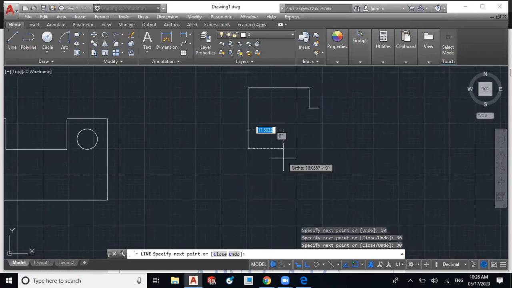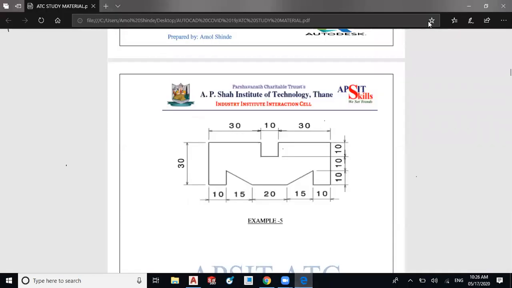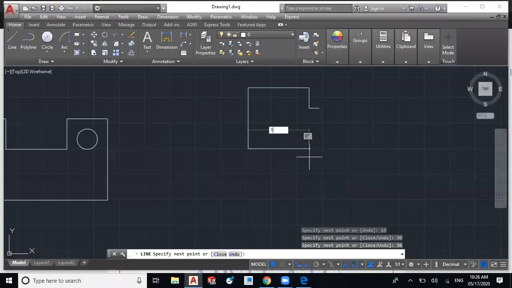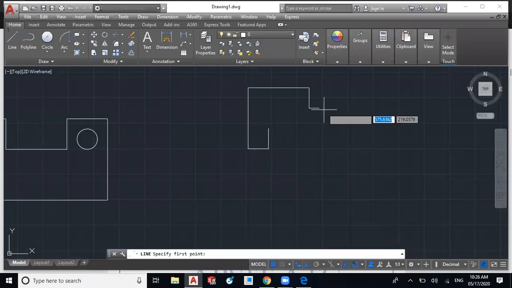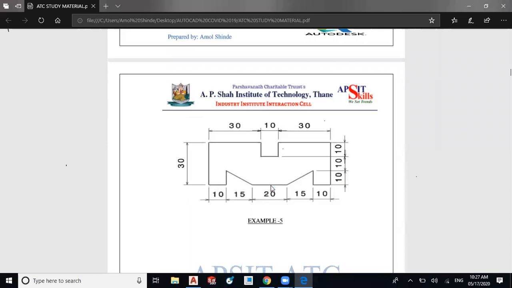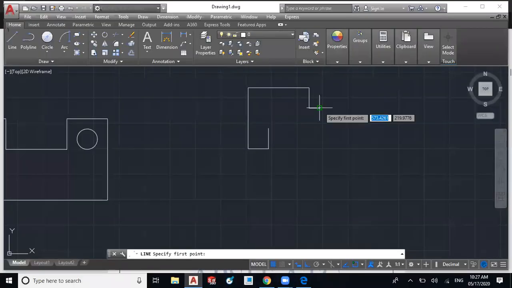30, then they have given 10 mm and height 10 mm. Then we can track this midpoint, and you have to start from this midpoint. Height is given. We know the distance of this midpoint. It is 20 mm below this point. So we can track this point, and I have to start from 20 mm below that point.